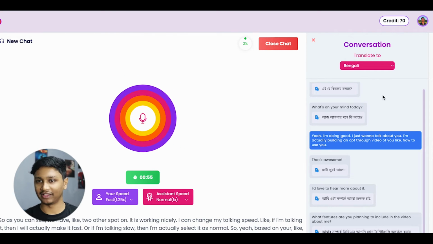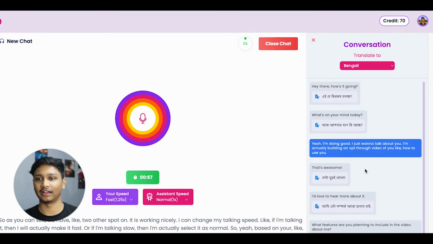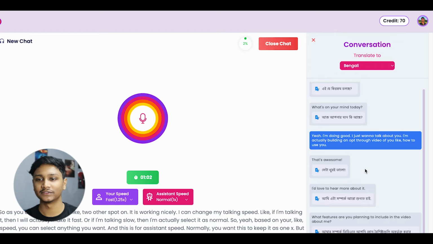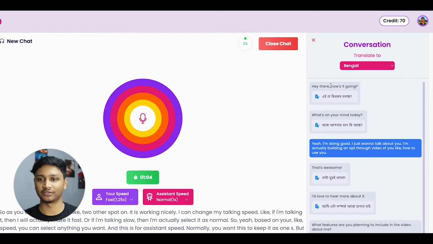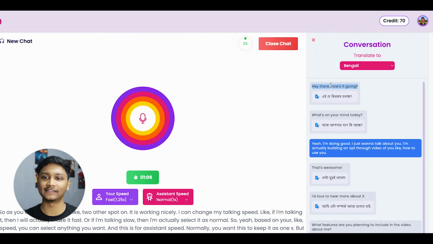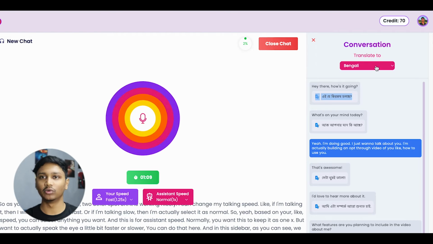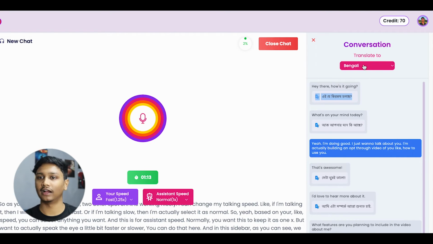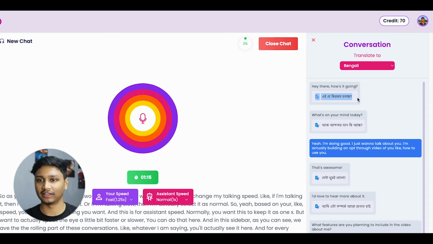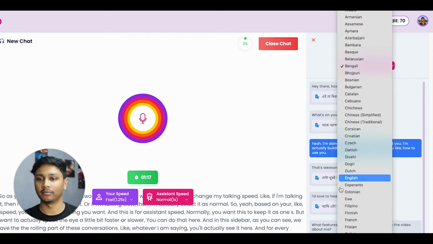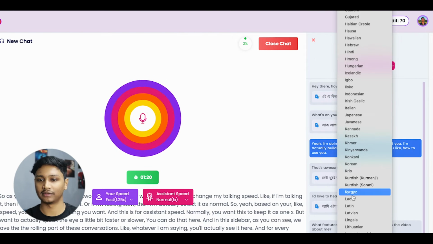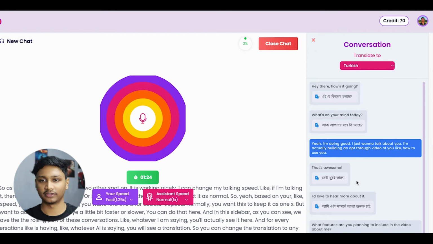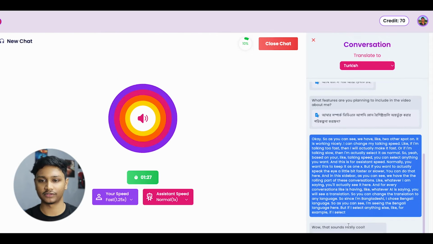And in this sidebar, as you can see, we have the rolling part of these conversations. Whatever I am saying, you will see it here. And for every conversation the AI is having, whatever AI is saying, you will see a translation. So you can change the translation to any language. Since I'm Bangladeshi, I chose Bengali language. So as you can see, I'm seeing the Bengali language here. But if I select anything else, for example, if I select Turkish, then from the next conversations,